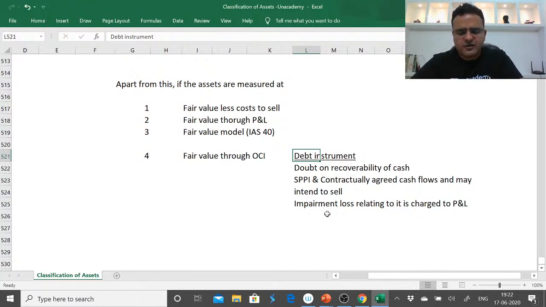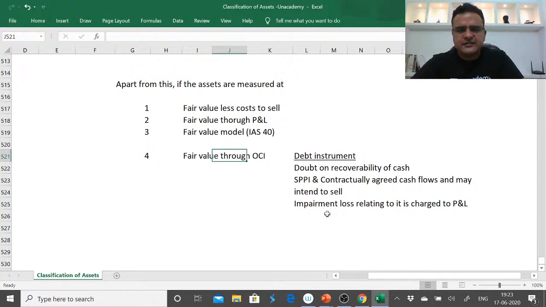There is an expected credit loss model for Ind AS 109 financial instruments, though not covered under Ind AS 36. But I was going to make a statement that anything measured at fair value is required to be remeasured. So to make it valid, I had to say that there is an item in fair value through OCI measurement which is a debt instrument which may be subject to impairment. Otherwise, anything being measured at fair value less cost to sell, fair value through P&L is not subject to impairment because it is being remeasured on each reporting date. So we do not have to wait for indications of impairment. So we are definitely